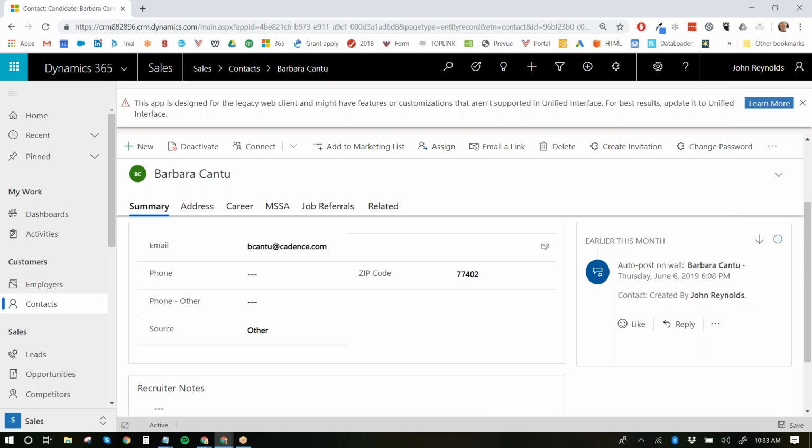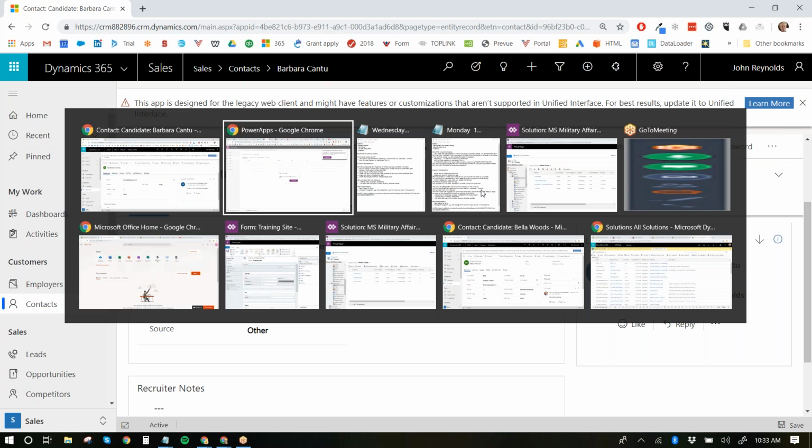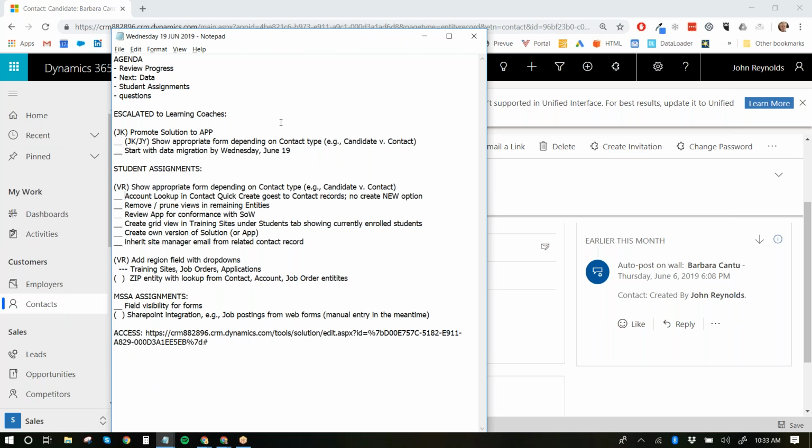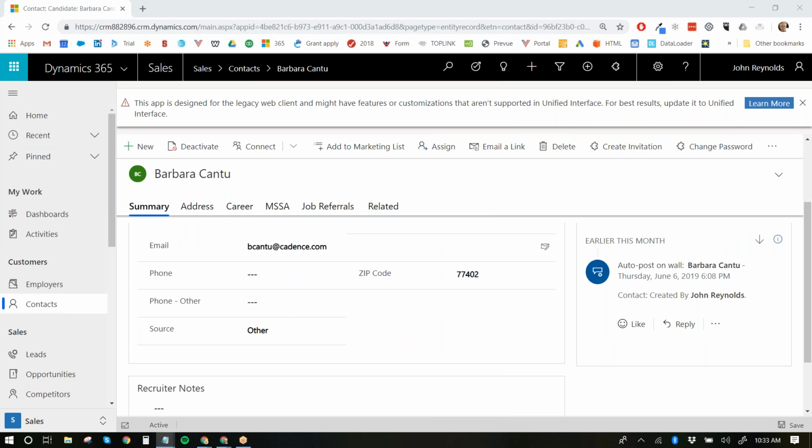When creating a new app, there are a few items that ask what you want to add, like an entity, a dashboard, and one of them is existing solution. So it seems like it should be pretty straightforward, although I'm not sure exactly what it'll look like, because this is a pretty robust solution with a lot of different components. So I'm not sure exactly how that would be mapped.